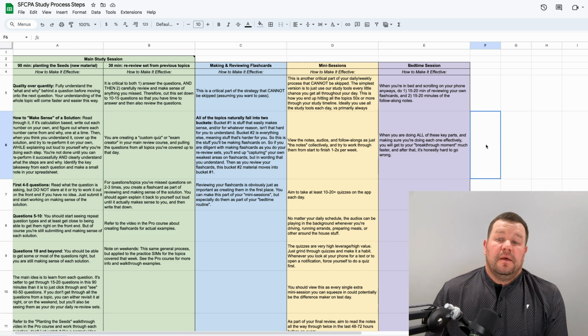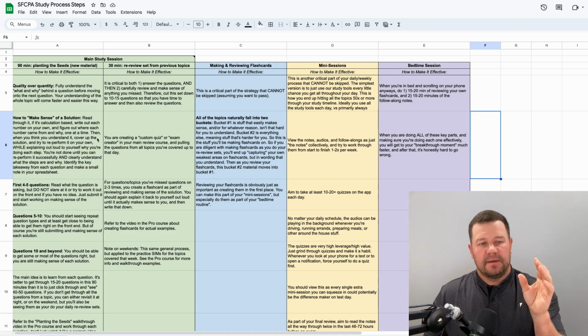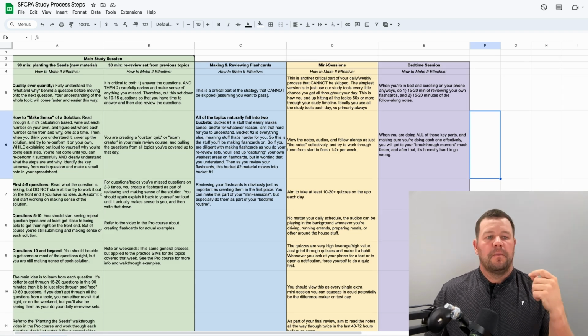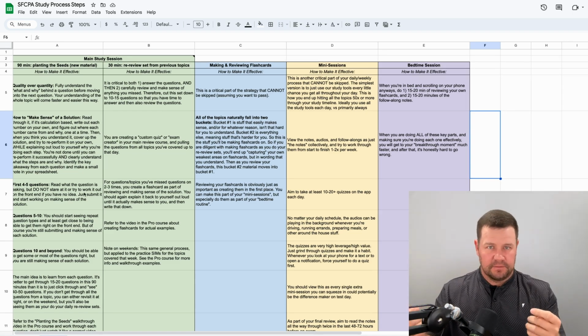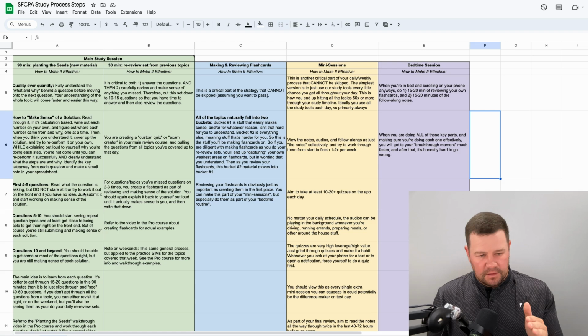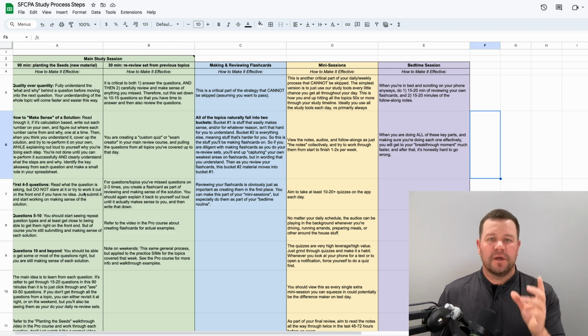Okay. So the key parts again, the main study session with this format, and the format matters, doing the questions first, 90 minutes. But again, it's that skill that comes in. Remember the fishing example. A beginner fisherman might buy this kit with different types of lures. They go to a lake and just start putting different ones on, throwing it in there. They don't really know what they're doing.